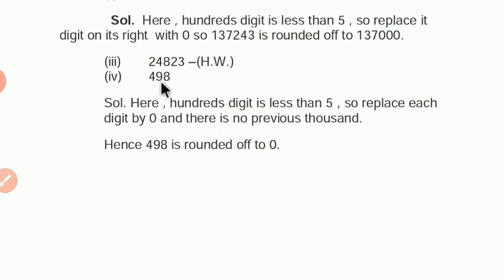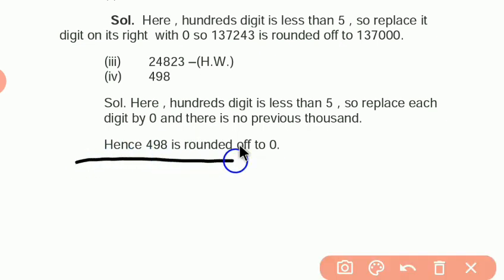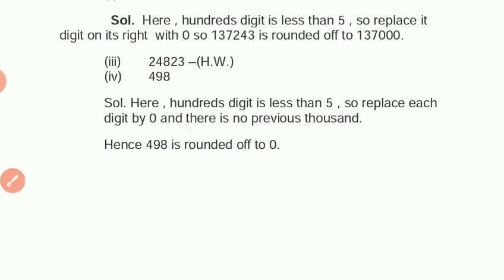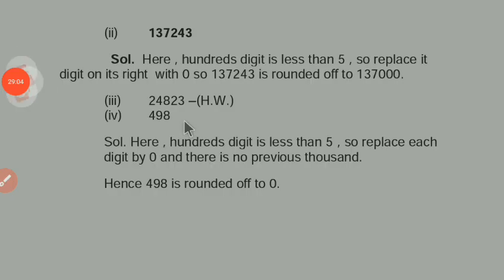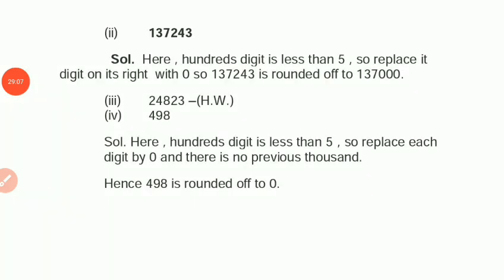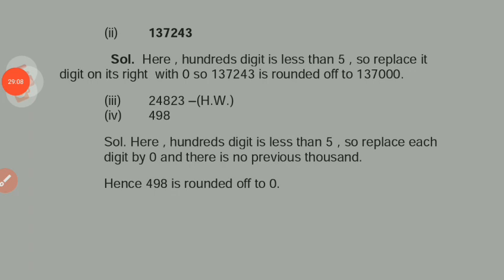So answer will be 0, as there is no 1000 place digit given, so that we can increase or write no change. But for 498, there is no number which is near to 1000, nearly 498. So I hope you have understood all the questions clearly. So we'll see the next question in the